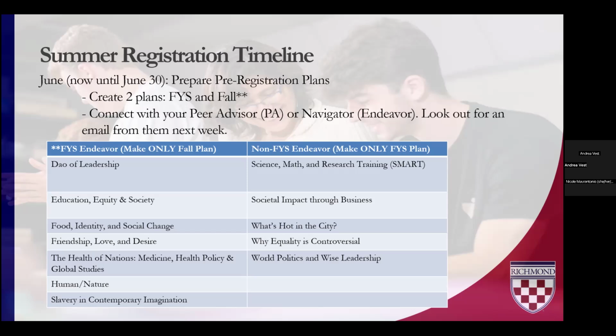As a side note, there is no advantage to completing your plans early in terms of getting courses. So best to take your time and think about selections now. Again, no need to worry about getting them in sooner than June 30th. Take this time and review some options. However, if you are going to be out of town and without internet access for the next few weeks, we encourage you to reach out to our office as soon as possible.